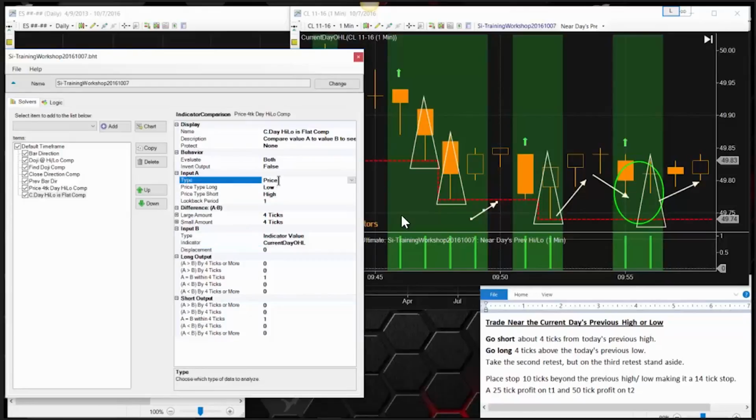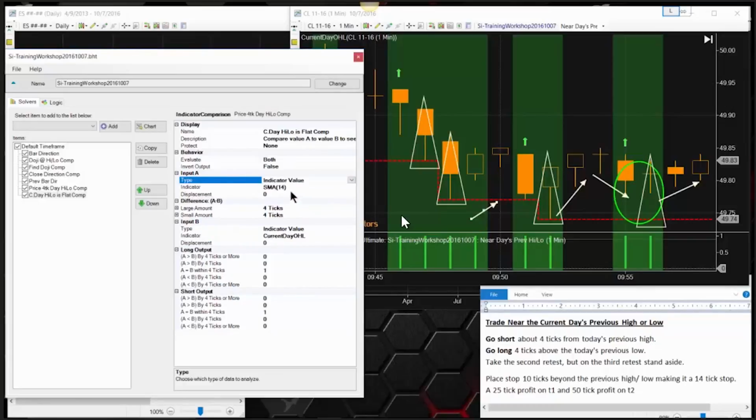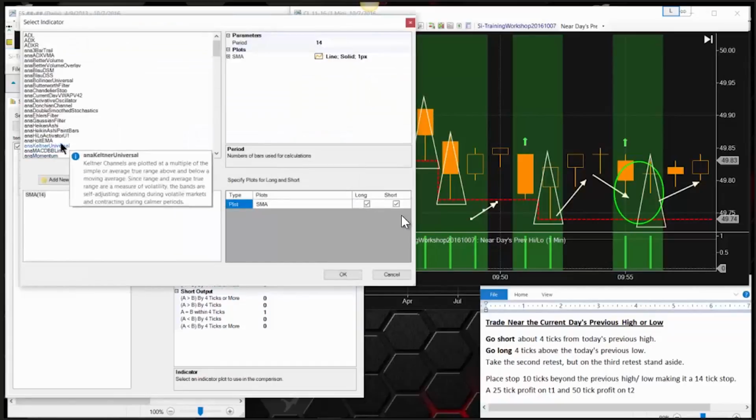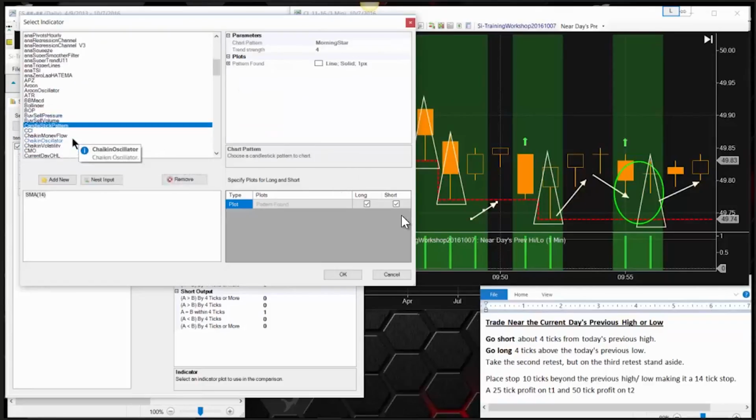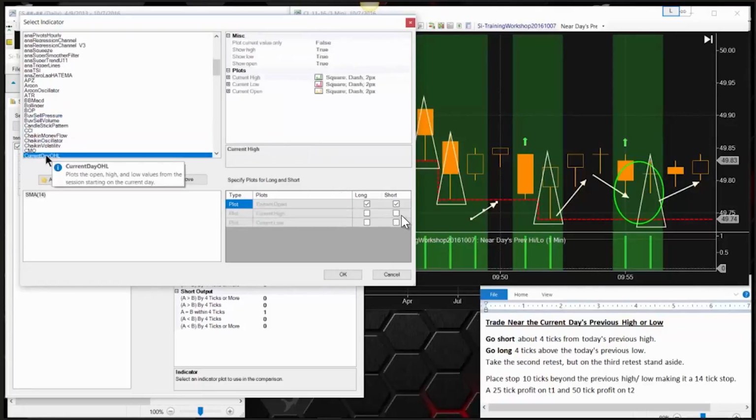So I just need to go to input A. I'll change that to an indicator value, and then I'll put the current day open, high, low into that. Right, there it is. And again, we're using the current low to generate long bounce signals, and we're using the